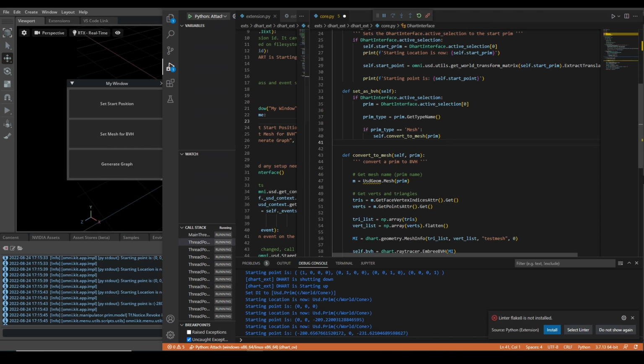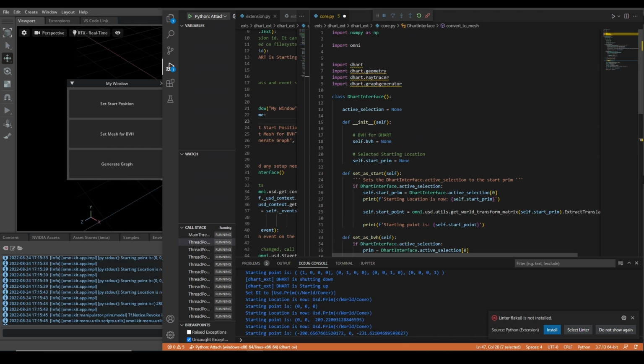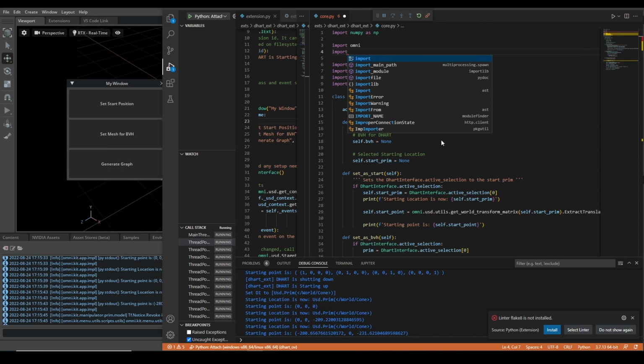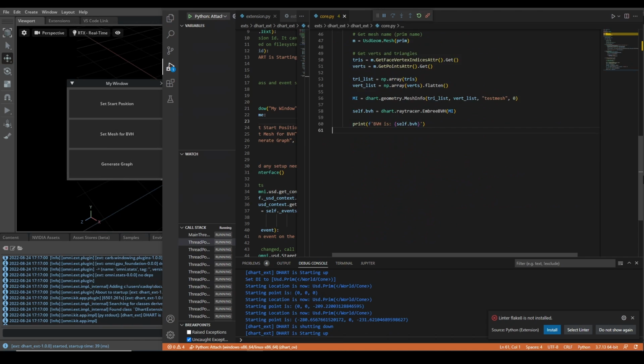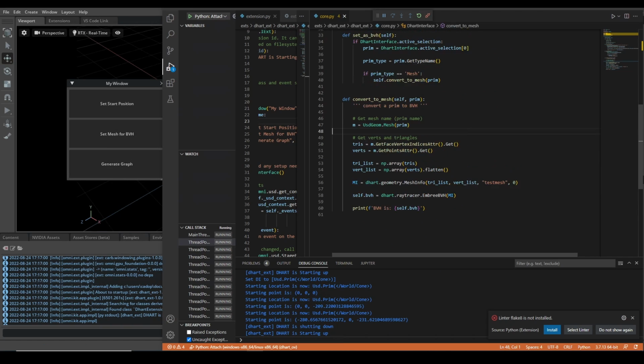This is our convert to mesh function. We need to import the USD geom, so we'll say from PXR, from Pixar's library, import USD geom. So now that's imported. We can get the mesh from USD geom by passing it the prim, and I know from DHART that we need to get the face indices and we need the vertex values. The first step is getting the mesh itself, and that can be done by USD geom.mesh and passing it the